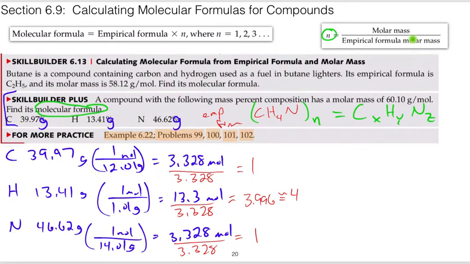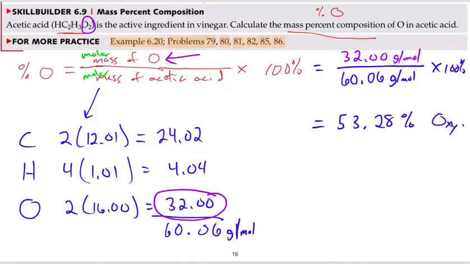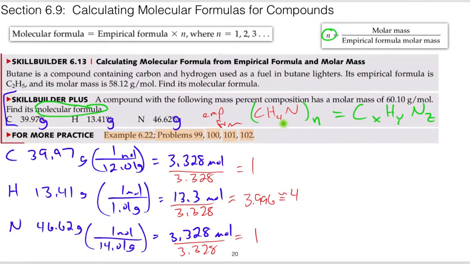Okay, now we've seen what the molar mass is, right? That's just doing this, right? Break apart each element, bring in the average atomic mass from the periodic table, multiply together, add together, and then that's our molar mass for the compound. Now in this problem, the molar mass is given, right? So that is that guy. The empirical formula mass, well, that is